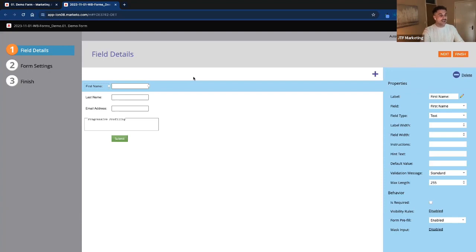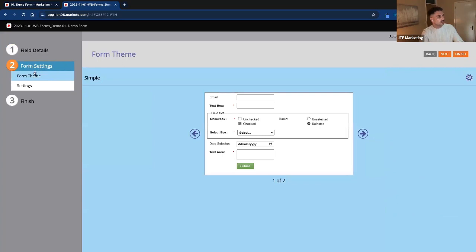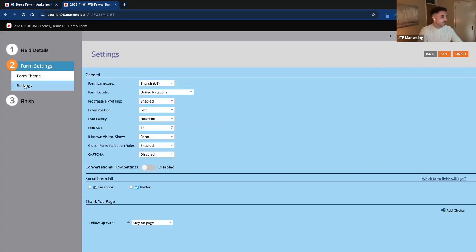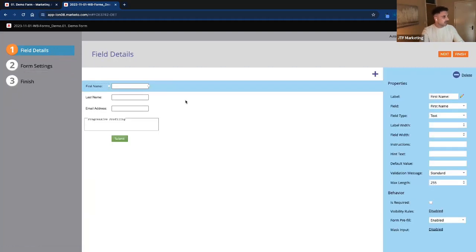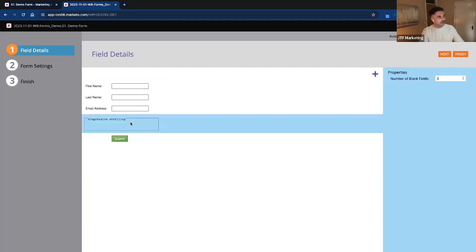But I might want to add a few more additional fields and data points to capture over time to try and enrich my data. I've already enabled progressive profiling on this particular form, but I'm just going to quickly go to the settings area, which you can do from the form settings, and then you'll see here that we have this option for progressive profiling. At the moment I've enabled it, but obviously it would be disabled by default. If I go back to the field details area, and then I click on the box,